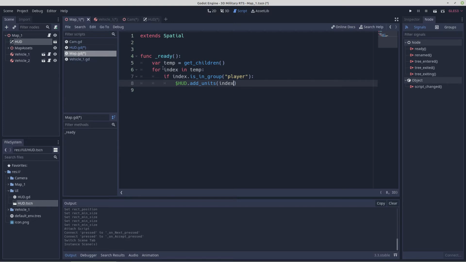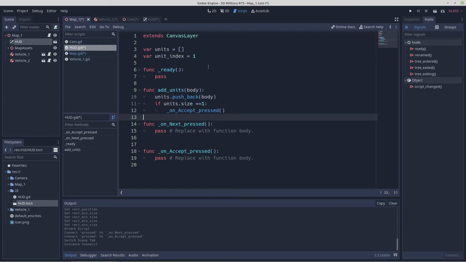So that will pass all of the vehicles, all of the things in the group player over to the HUD. Okay, so